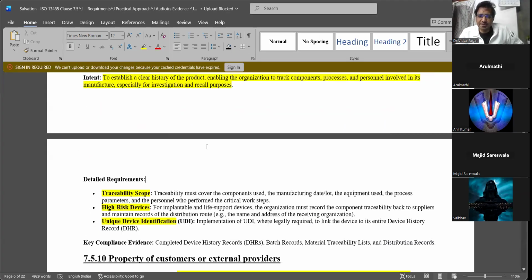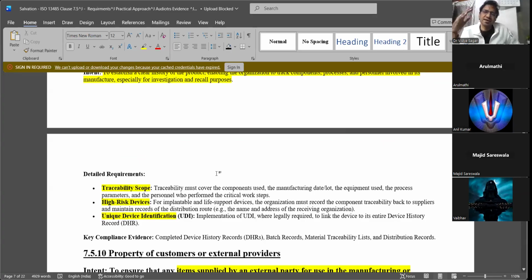But traceability is something where you need to identify the device, or the hospitals need to identify the device, once it goes out of your organization, steps from the gates of your organization into the market. The device needs to be traceable.